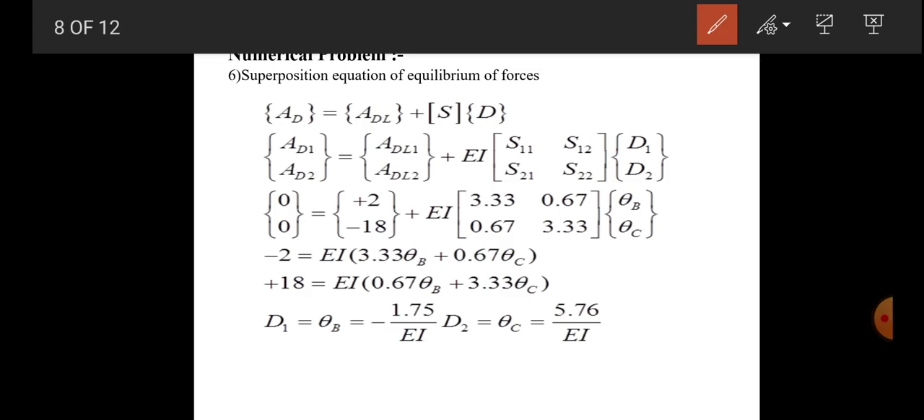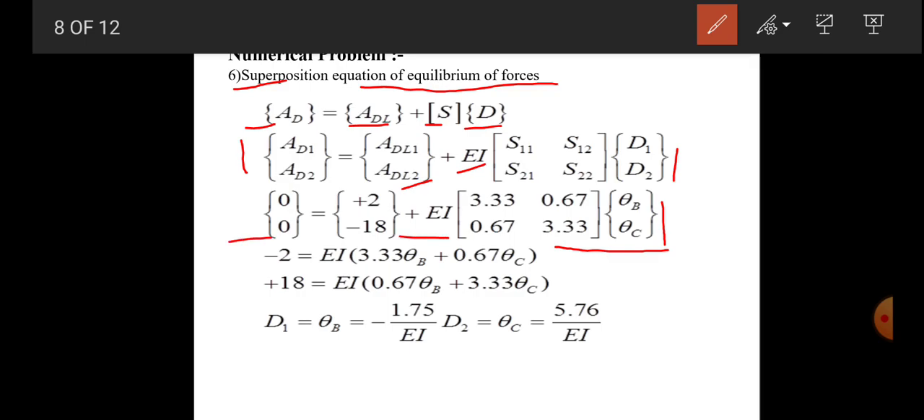Now here let's develop the superposition equation of equilibrium of forces, which is AD is equal to ADL plus S into D. Now we know the value of AD1, AD2, ADL1, ADL2. Taking this EI outside, we have the stiffness matrix, and we also know the coefficients of the stiffness matrix. The unknowns are d1 and d2, that means theta B and theta C. Putting in all the values, we have this